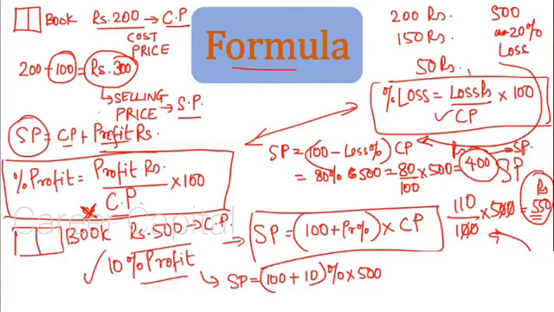So you saw there were only 4 formulas which you should remember. Actually there are only 2 formulas, the rest of the 2 can be derived from these. Profit percent is what? Profit in rupees divided by cost price multiplied by 100. When profit is given, then selling price is what? 100 plus profit percent multiplied by cost price. Now when you use these formulas in the sums which are to come, these would become more and more clear, as well as it will help you remember the formulas, right? Moving on, let's see some of the sums related to profit and loss.